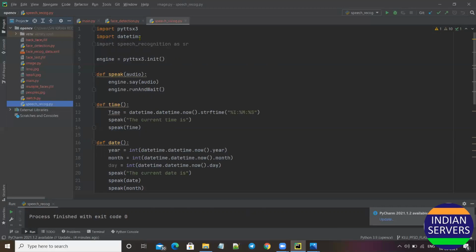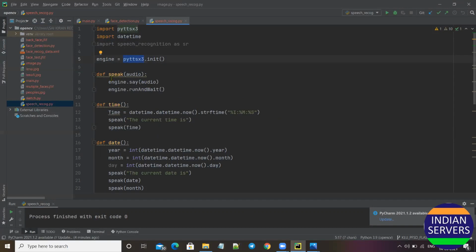It also provides a number of functions that deal with the date. And I also imported speech_recognition as sr. Then engine equals pyttsx3.init, which means the factory function to get the reference from the pyttsx3 library.